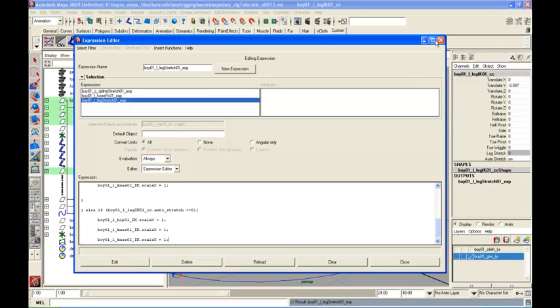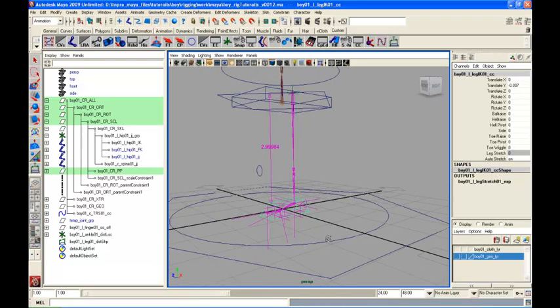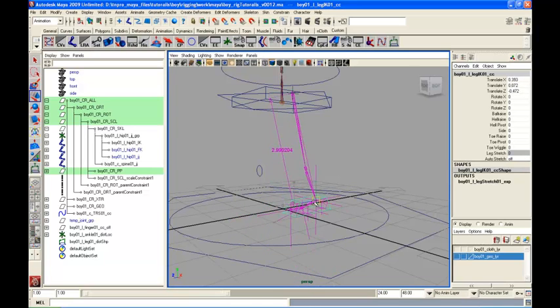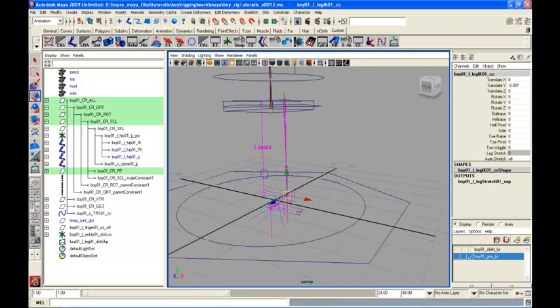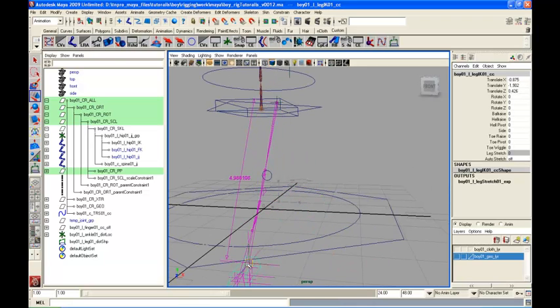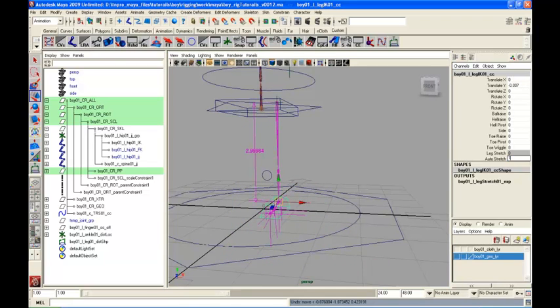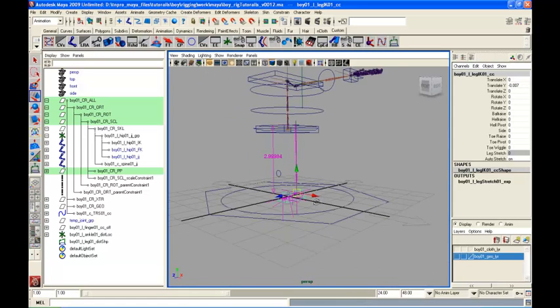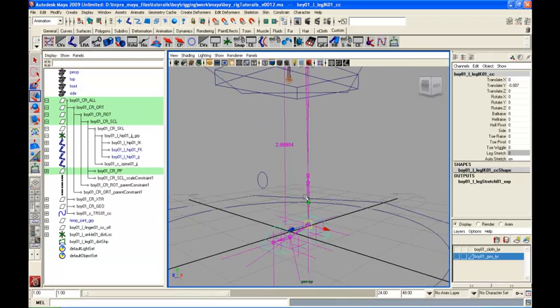Okay, now close the expression and go to its value. So it's at on and it's working properly. It's stretching properly. But if it's at off, it will not stretch. So you will get an easy controller for on and off. If you put 1 again, then it is going to stretch. So what we need to do is we just